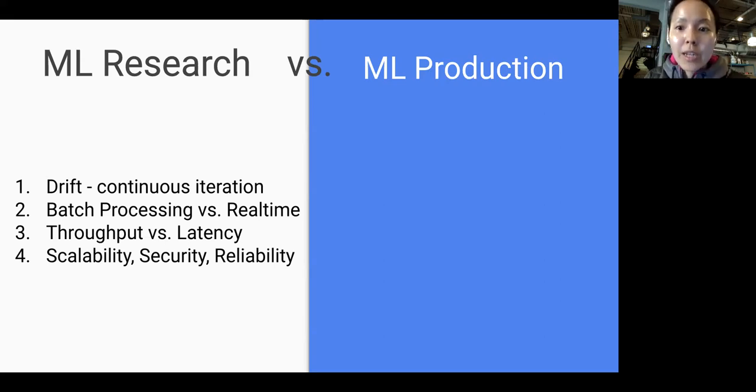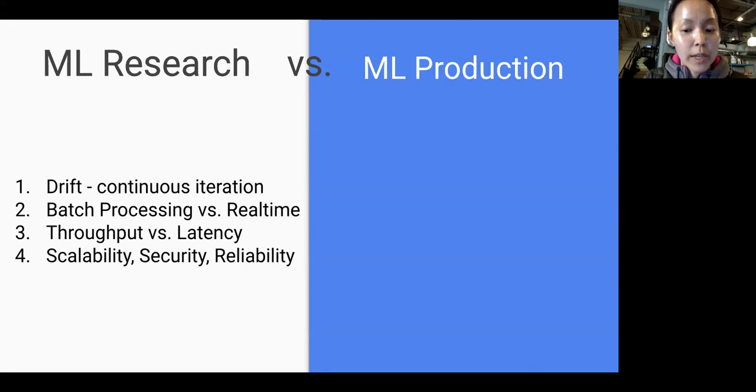As an ML engineer or data scientist, anybody in the ML space, we constantly want to watch out for drift, which is when the data distribution changes. And it happens continuously. For that reason, the model has to be continuously iterated and constantly updated. On top of that, the new data that we haven't seen before, we have to store so that we can take it into consideration when it comes to model development.